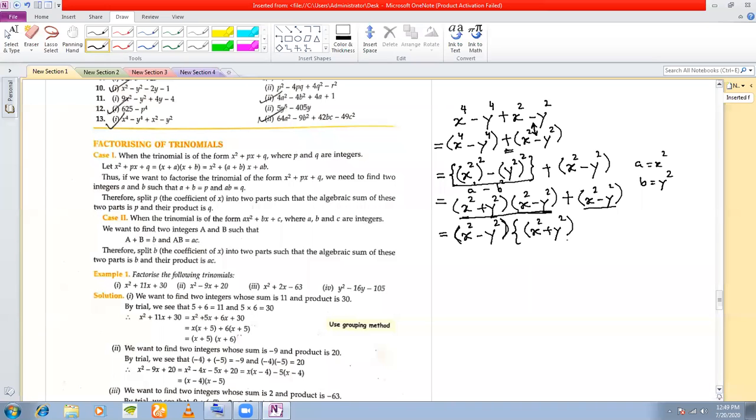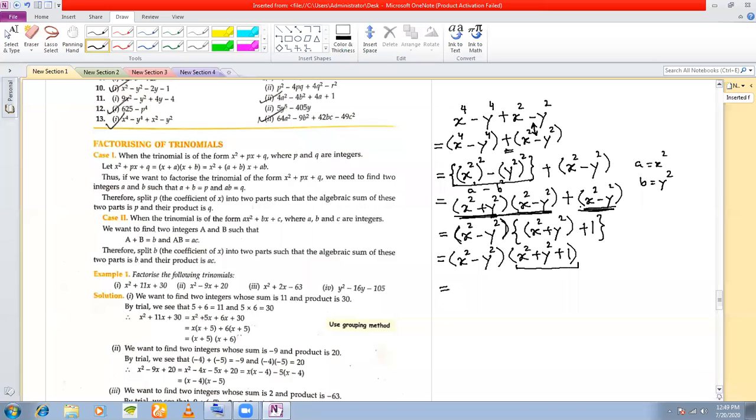No, sir. Okay, so if I'm taking out x square minus y square from this term, I'm only left with x square plus y square. So I write x square plus y square. And if I'm taking out x square plus y square from this, I'm only left with 1. Right? So let us now remove the curly brackets. Okay. Now, can anything be done? See, nothing can be done with this because all signs are plus.